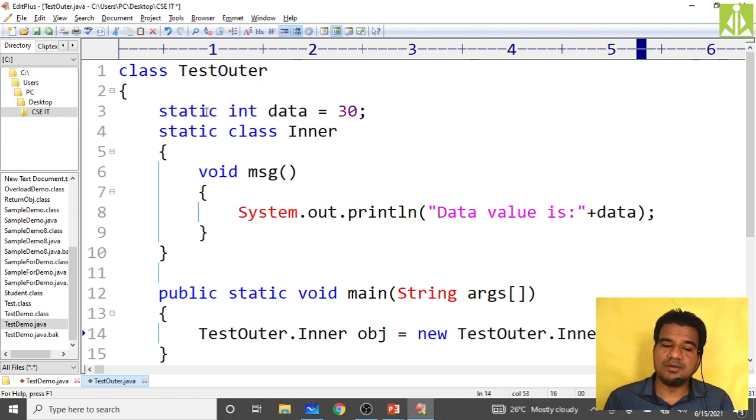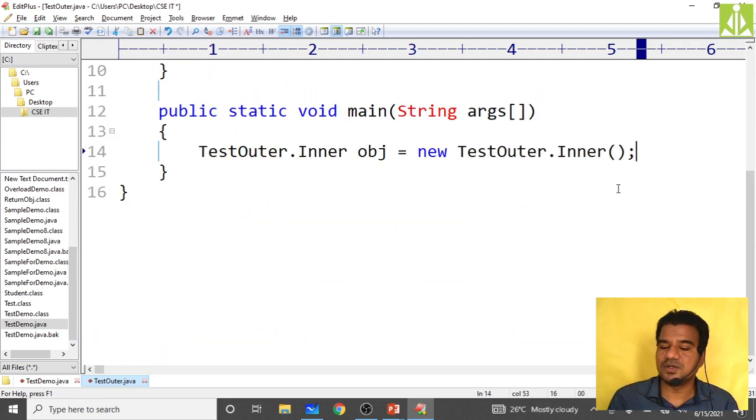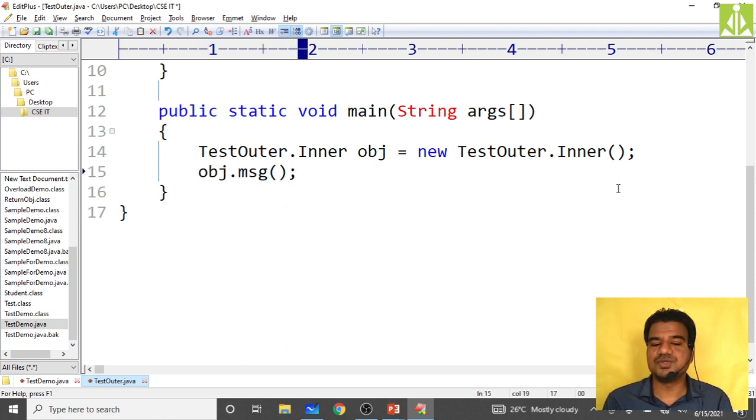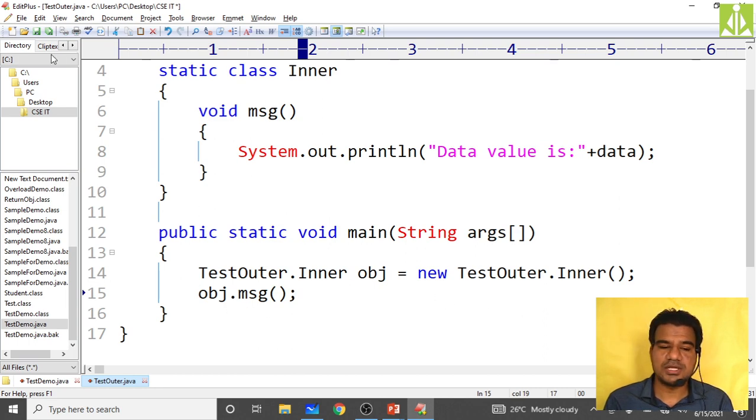If it was non-static content, then you have to create the object for the TestOuter class, then the object for the inner class. It was a different concept. So here, in order to call the message, you have to do obj.msg.